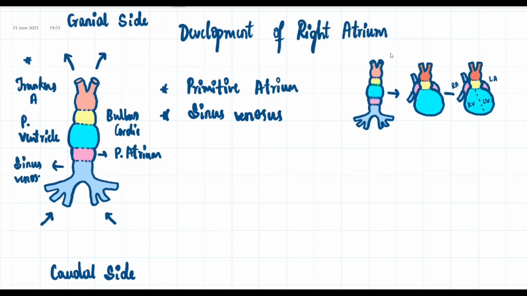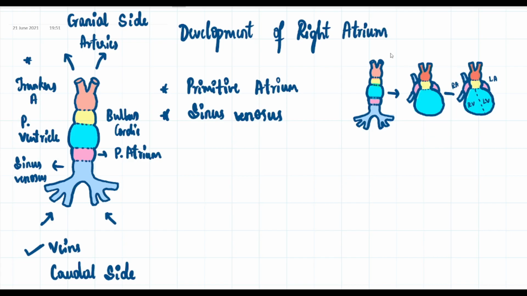See these arrow marks. This is the outgoing part. The head side is the outgoing part, and this caudal region, the sinus venosus, is the incoming part. That means it is concerned with veins, and this is concerned with arteries. Simple. You know arteries are the outgoing part, right? Outgoing means from the heart to various different parts. Incoming means from different parts to the heart. Veins do that work.